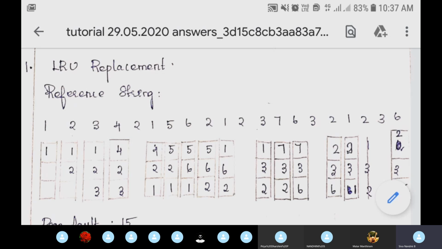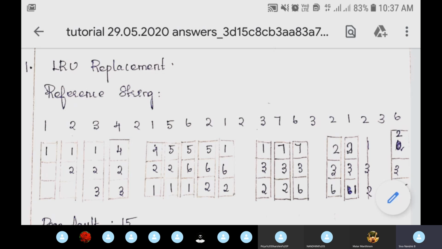After this, in the reference string, after page 5, I am having page 6. This page 6 is not available in the frame. I need to include this page 6. So I am looking into the past pages. See, this 5 is available before 6 in the reference string, so shouldn't replace 5. Before this 5, I am having 1. This 1 is also recently used. So other than this 5 and 1, I can replace the page 2 in the block by page 6. Likewise, we are seeing the recently used, that is, the past pages, for this least recently used algorithm.